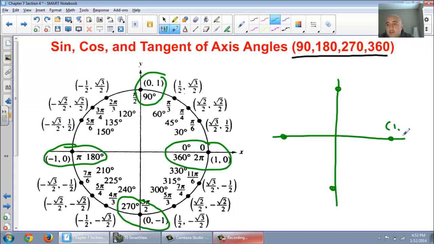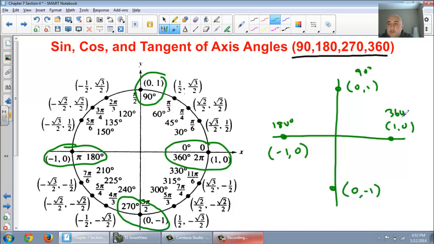The ordered pair here is 1, 0. The ordered pair here is 0, 1. The ordered pair here is negative 1, 0. And the ordered pair here is 0, negative 1. Remember, the highest sine and cosine can go are 1 and negative 1. Okay? So as long as you can remember these numbers,